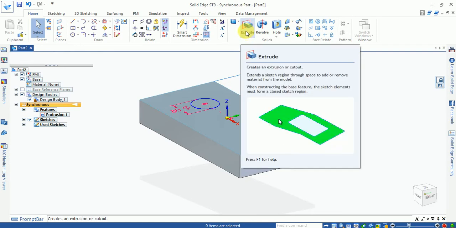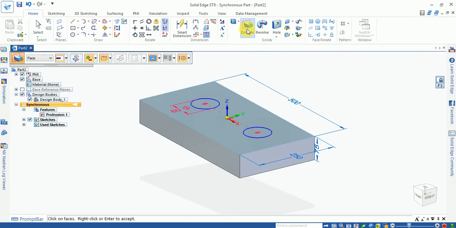Either you can extrude by using this command. Now you can select the extrude. Here different features are available: single, chain and face. If you select single, then your curve selects only a single sketch. If you select chain, then multiple sketches will be selected, and if you select face, then only the face is selected, not the sketch. Now select the chain. You can see the sketch is selected.